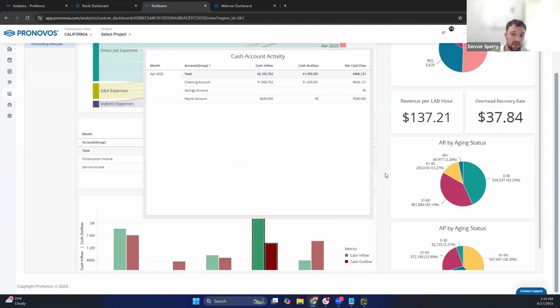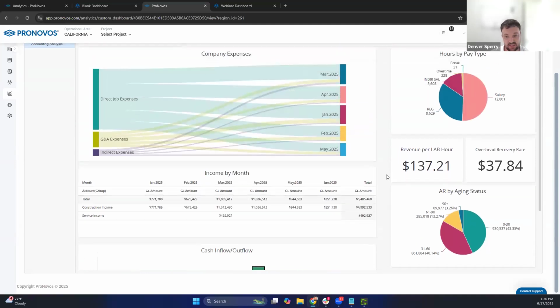So I think the idea here, or the goal that I'm trying to get at, is that there's a lot of information that ProNovos grabs. There's a ton of different ways that you can organize and present this data in a meaningful way. So if you want to take this information, we've got some other power sessions on more of the instructional side of the report builders that are on our YouTube page and the website as well. But I do